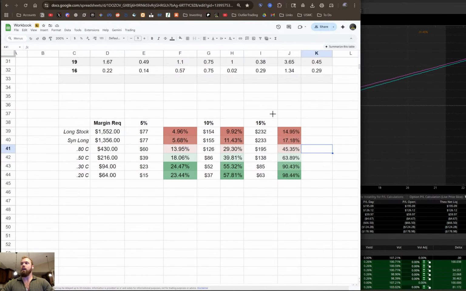This has everything to do with convexity. So if we're comparing an 80 delta, I'm just going to use 20 delta here because it's close enough. You can see that the return on invested capital is more for the 20 delta effectively across the entire board. And it's also much cheaper. So what's going on here with these options that are out of the money is you're really playing the expansion of delta, which is tracked via gamma.